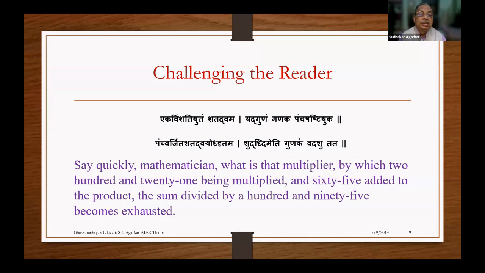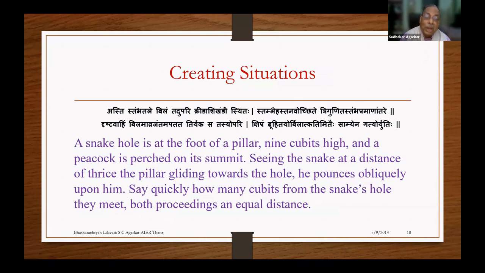So the translation is, say quickly, mathematician. He is saying, say quickly. And he is addressing the person as mathematician. What is the multiplier by which 221 being multiplied and 65 added to the product, the sum divided by 195 becomes exhausted? You follow the procedure and you will come to the answer. Okay, one more